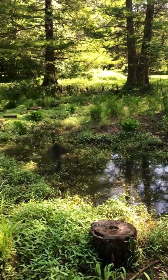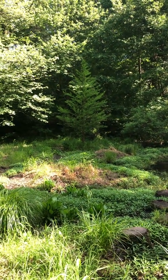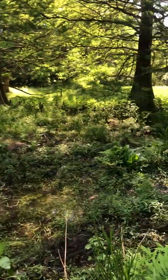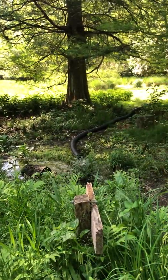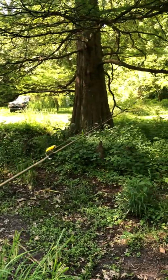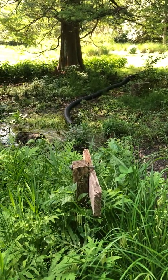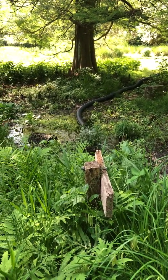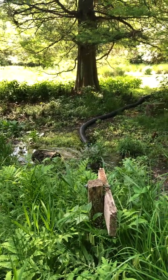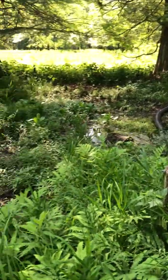What's really neat about this particular vernal pond in Taylor Arboretum, as you can hear that noise behind me, is they make sure this doesn't dry up. So right now, the creek is, I was just fishing not too far in the distance there. So they have a pump and they're filling this in, because right now we're going through some warm weather, no rain in the forecast. It's been high 80s today, it's gonna get up to 90. That's why I went out fishing early. And they're pumping the water from the creek into the vernal pond just to keep it